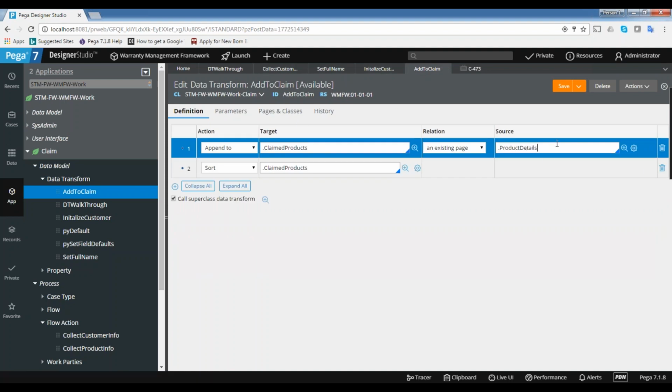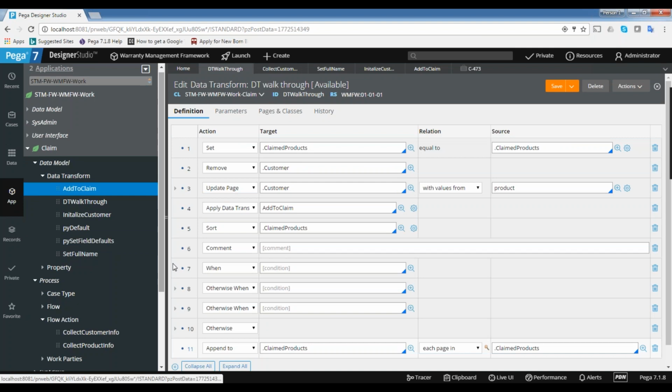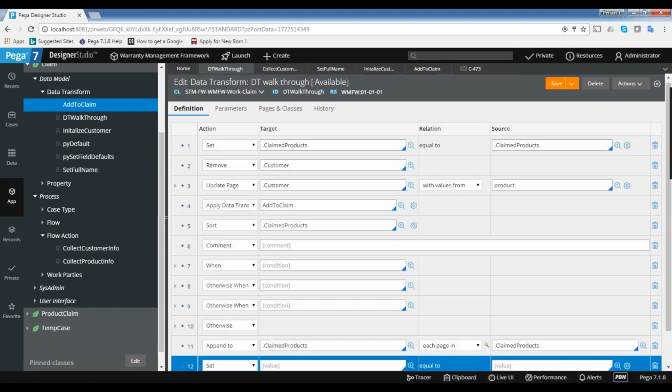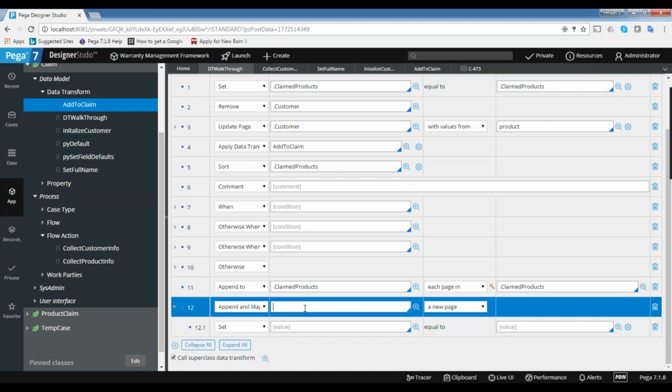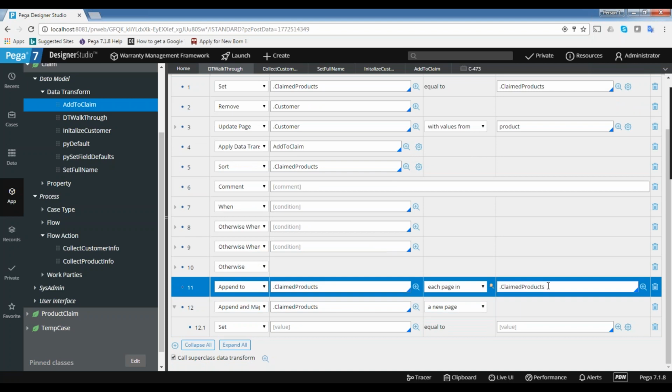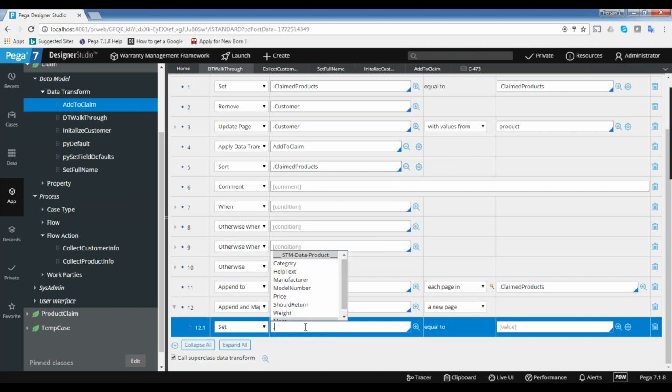Let's say the page is having 100 properties. And sometimes the target and source pages also may not be of the same type, meaning not the same class. So in that case, you can go for append and map to. Append and map to will do the same thing. The only difference is, while appending, whichever properties you want to map, only those properties will be mapped. The advantage here is you have more control. Here you don't have control. You can directly append the page, but you don't have control over which properties are copied. Here you can do the same thing, but you can append whichever properties you need.